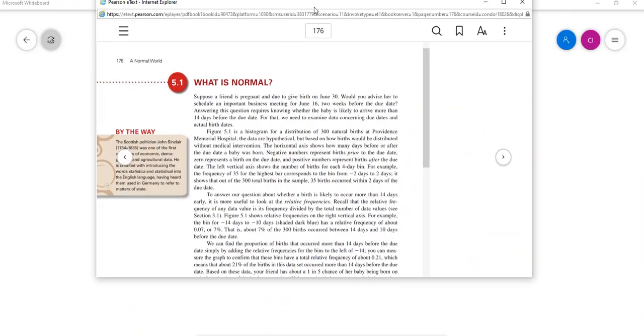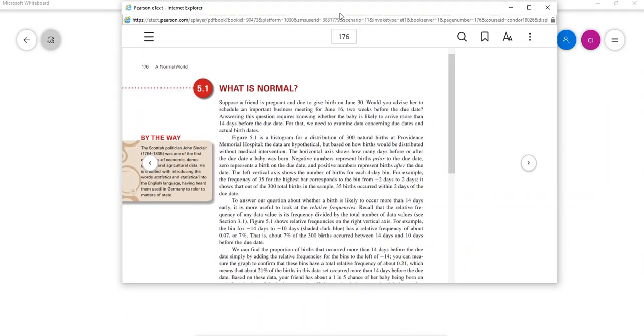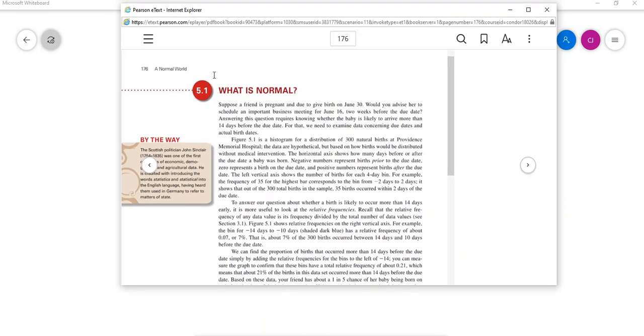And so this is a short chapter. Chapter 5 just has two sections. And in 5.1, again, they say, what is normal? And so I just want to talk a little bit about this idea of normal, and they're referring to